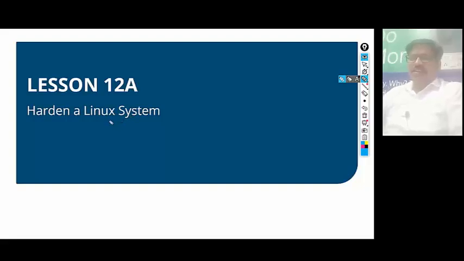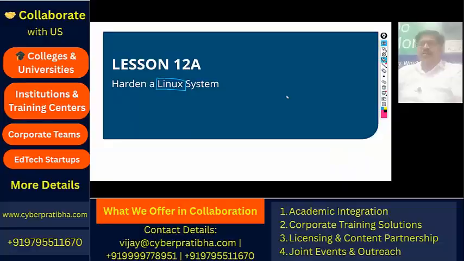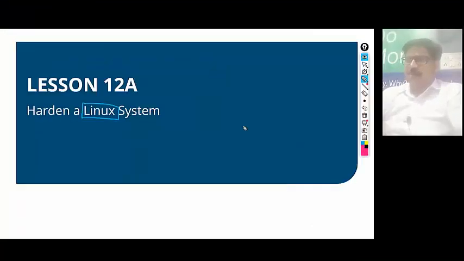Guys, in this session, we are going to discuss hardening a Linux system. So what is hardening? Hardening is nothing but enhancing the security. Enhancing the security means you implement the type of security that is going to protect your Linux system from any type of intrusion. If any intrusion happens with your system, it will be protected